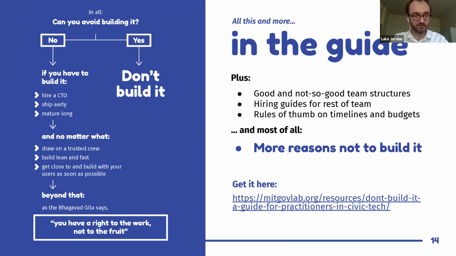The guide, the link is here, it'll be distributed. I think the summary is this flow chart that we have in the guide, the one thing that we built to distill all of this, and how I distilled the last 5 years. One is, if you can avoid building it, if you can find a reason not to build it, then you probably shouldn't, because then it likely hasn't passed the test of solving the right problem. But if you can't avoid building it because it really is that burning a problem and it really is addressing